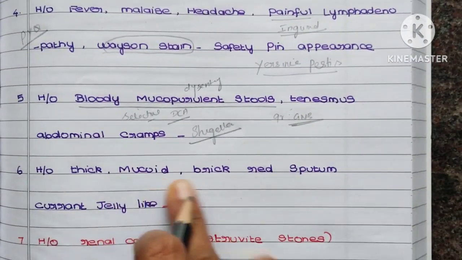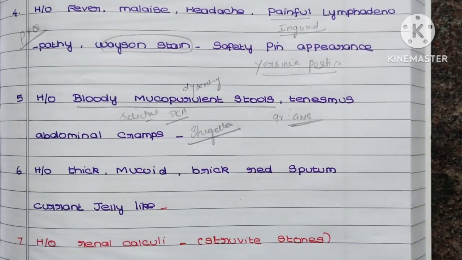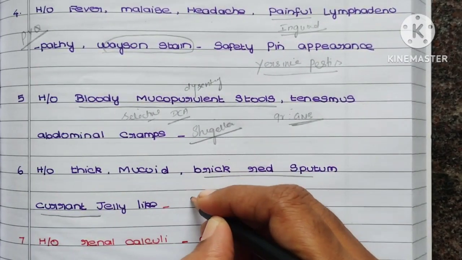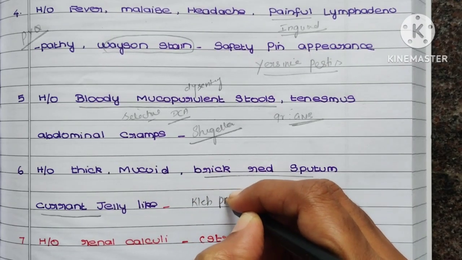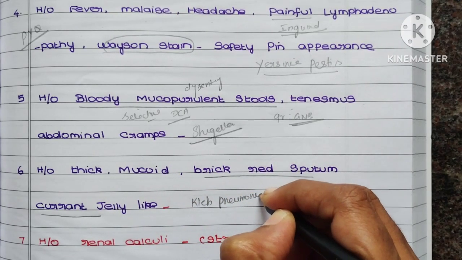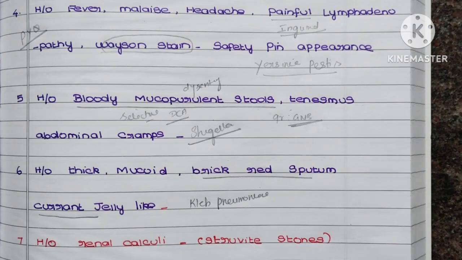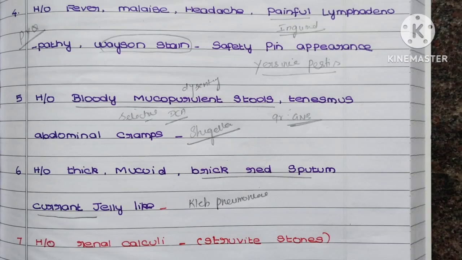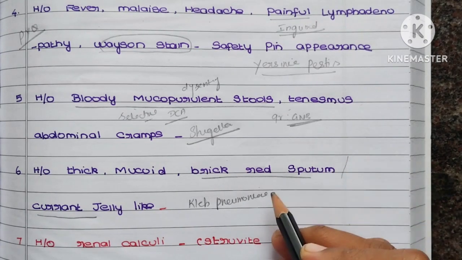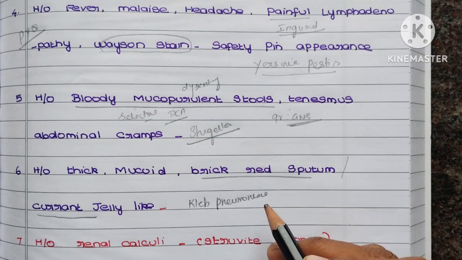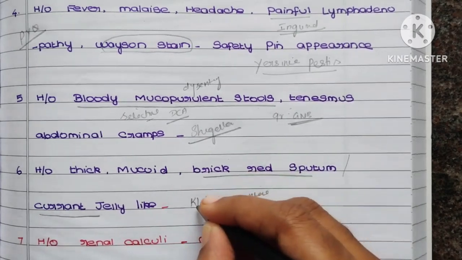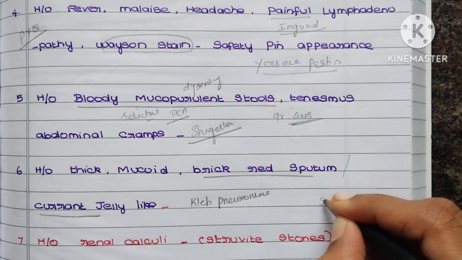History of thick mucoid brick red sputum, or currant jelly like sputum. Okay, so I think the question is clear cut. That is Klebsiella pneumoniae. So friends, again you want to remember there is another organism that can give sputum red in color, but on examination there was no RBC. Again, in the culture plate also there were red colored colonies. So if they give red colored colonies in culture,